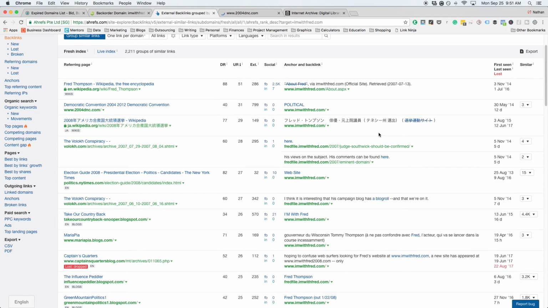A lot of people who are trying to vet expired domains or find high quality expired domains, when they see any type of foreign language in the link profile, they immediately get turned off. And this can be a mistake because not every foreign-based link or anchor text is a low quality link. So in this example, it is a Japanese version of Wikipedia, which means it's not a low quality link. It is actually a high quality link.